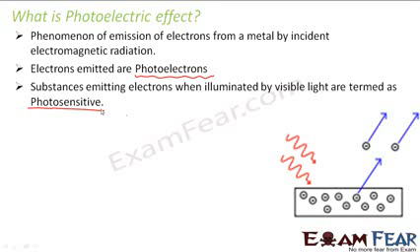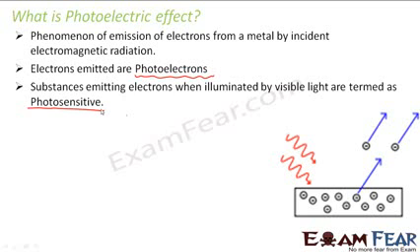For example, if we take the example of sodium. Sodium has only one valence electron. Therefore, that one valence electron can be easily taken out from the sodium. So sodium needs a light of not very high frequency. So sodium is photosensitive to visible light. Whereas if we take the example of magnesium, it has got two free electrons. So it needs a little more energy to take out those two free electrons. So magnesium is sensitive to ultraviolet light, which has a little more frequency than that of the visible light.